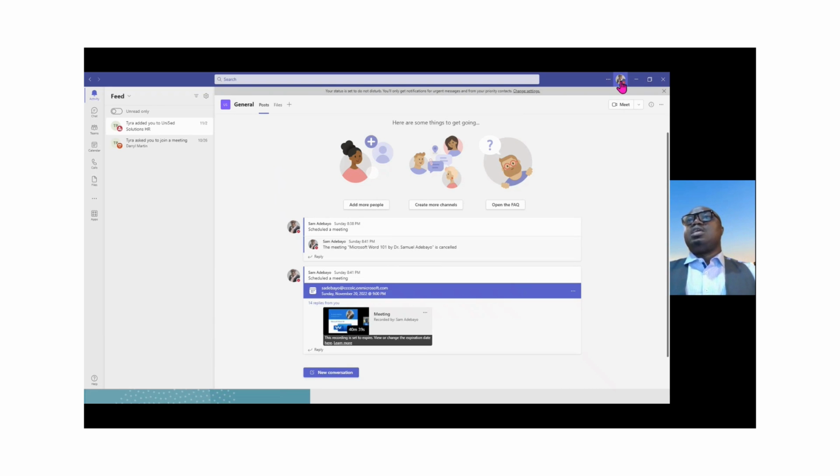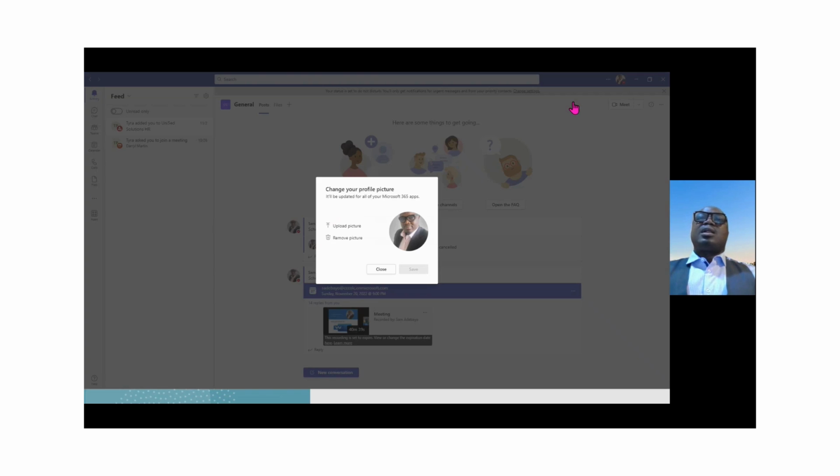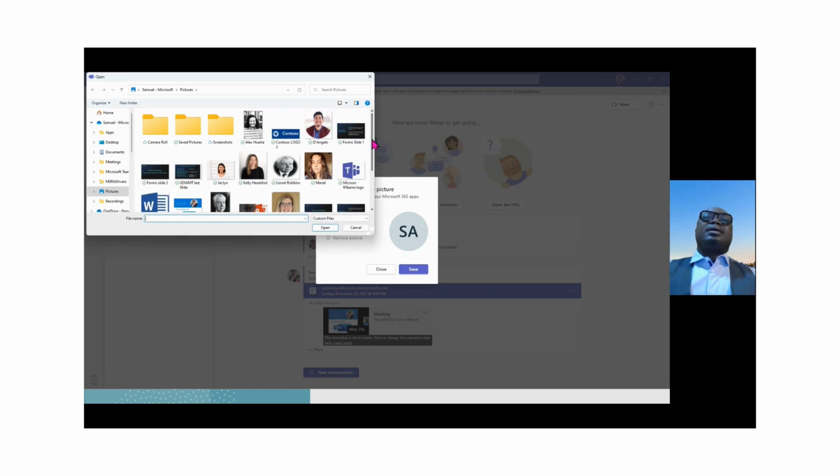So now you can see when I click on my picture right here, I can set up my profile. I can change this picture, this camera sign. If I click on it, I can say remove picture. Then I can upload another picture. You can upload from different places on your computer.